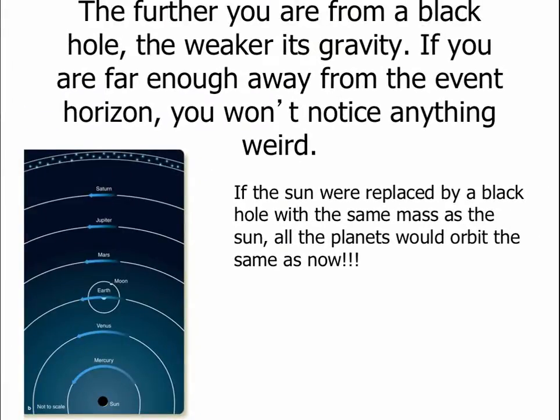The weird stuff for black holes only happens when you're really close to this event horizon, say 10 times the size of the black hole. So the black hole Sun would be 3 kilometers across. If you are closer than 30 kilometers, weird stuff will happen. If you're further away than 30 kilometers, then gravity would seem pretty normal. You could orbit around it, you wouldn't get sucked in or anything like that. Nothing weird would be going on.